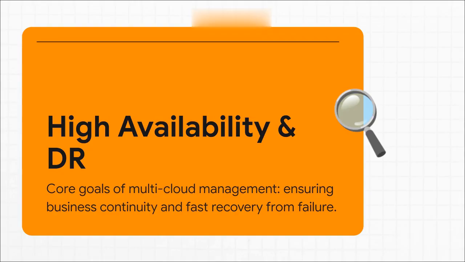So, to even start building that plan, you've got to focus on two key goals. First, high availability. That's all about preventing failure in the first place, keeping the lights on no matter what. And second, disaster recovery. That's about how ridiculously fast you can get back online when something inevitably goes wrong. These two things together are the real measure of resilience.